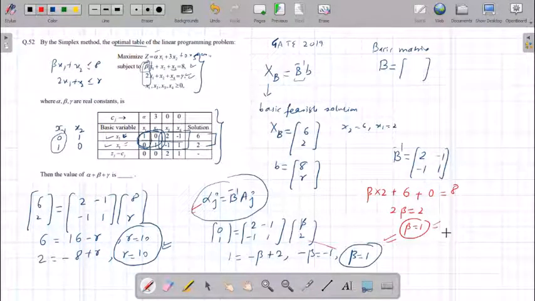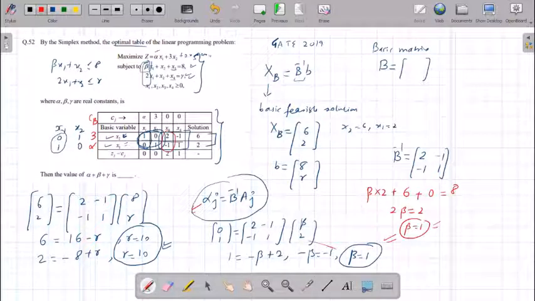So beta is 1. So I got gamma and beta, and now you need to find the value of alpha. How are you going to find the value of alpha? Using the concept of Zj minus Cj, because alpha is the cost coefficient of x1. So if you write the Cb vector, this is 3 alpha. I can use any equation, but I cannot use Zj minus Cj for x1 and x2 because they are basic variables, so that is 0. So I'll be using this x3.